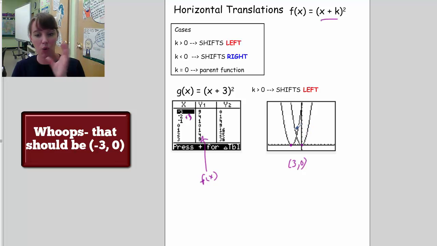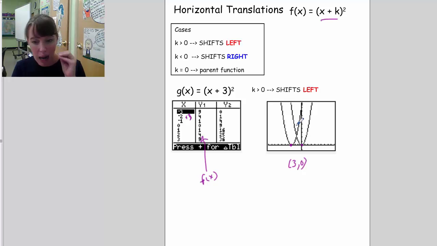So again, horizontal shifts work in the opposite way than we think. When k is greater than 0, it shifts to the left. When k is less than 0, it shifts to the right. When k is equal to 0, it's the parent function. That's because the thing that you're squaring changes the way the input value works, so it's squaring a different number than it used to. So here,